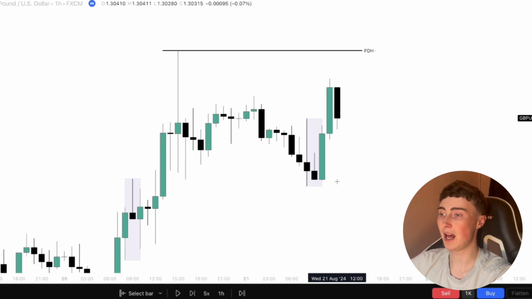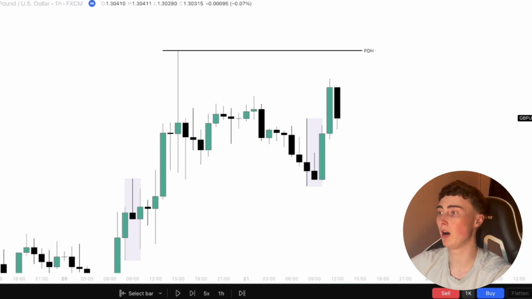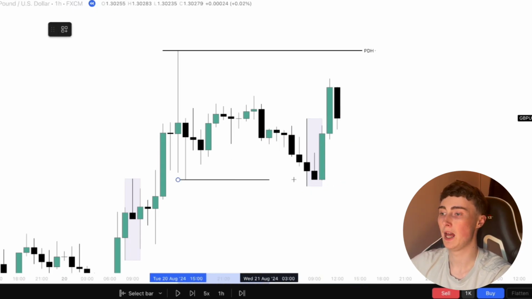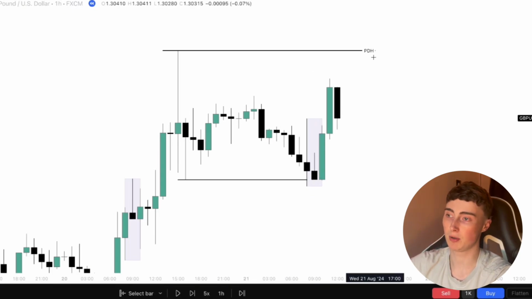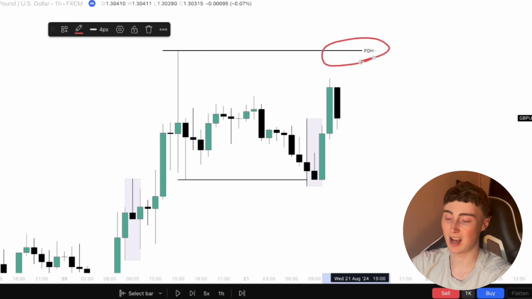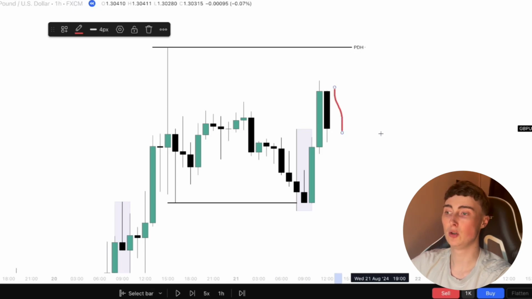So looking at London kill zone, which is this purple box here, you can see that price took out this old low, and then we had a bit of an expansion to the upside, but price never reached the previous day's high target, right? The previous day's high target is still intact. So given this information, we can look for a New York continuation. So we're looking for a retracement, and then for New York kill zone to open up, give the entry and